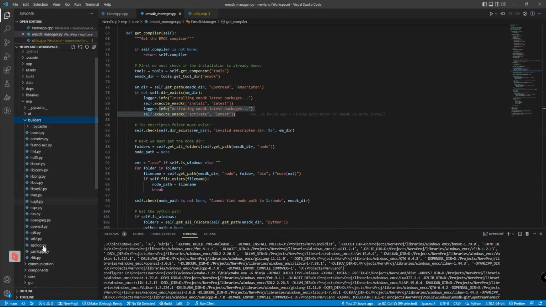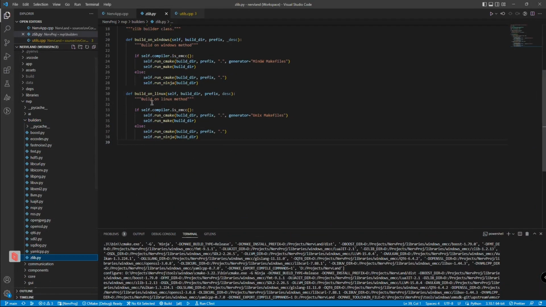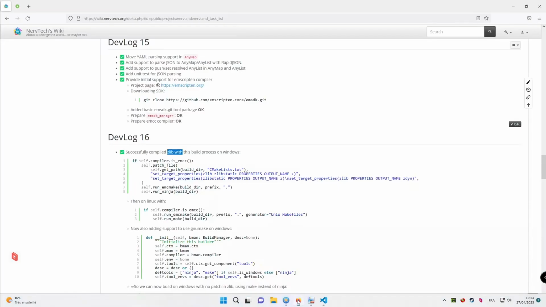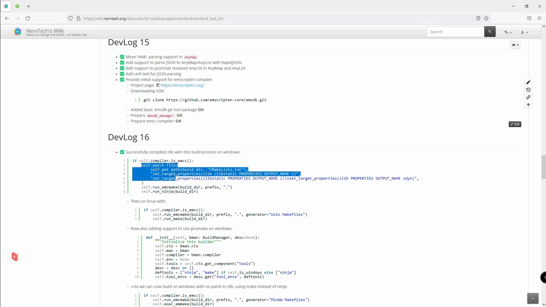But from the ground up, the idea was really to use the builder system that we have in place and use the existing command to build with cmake and make. At first it was not really done this way. As we have reported here, I was manually first trying to patch a file, then I had created the emcmake command to run this